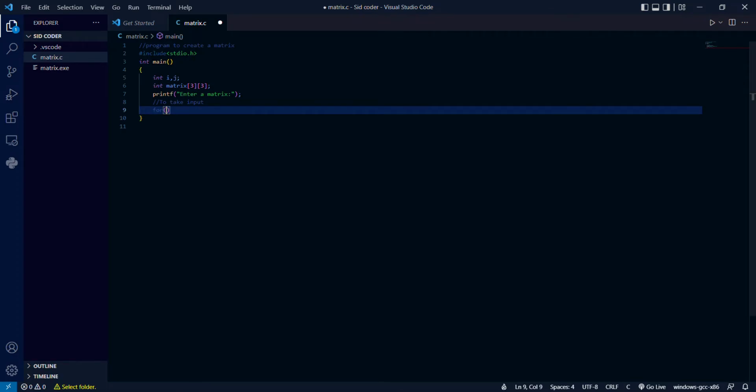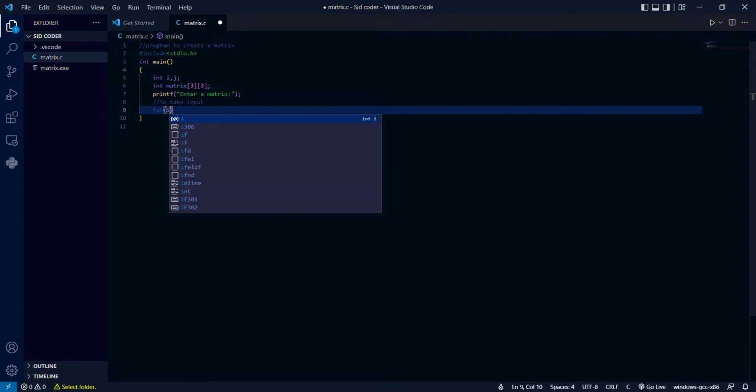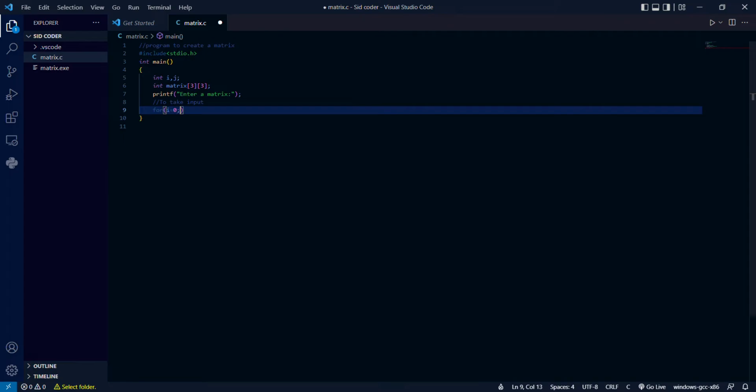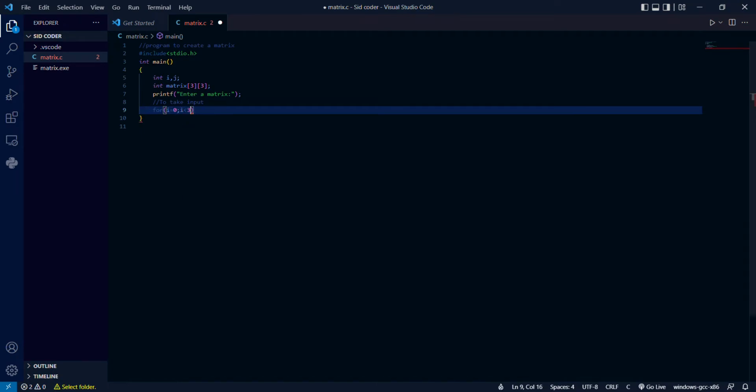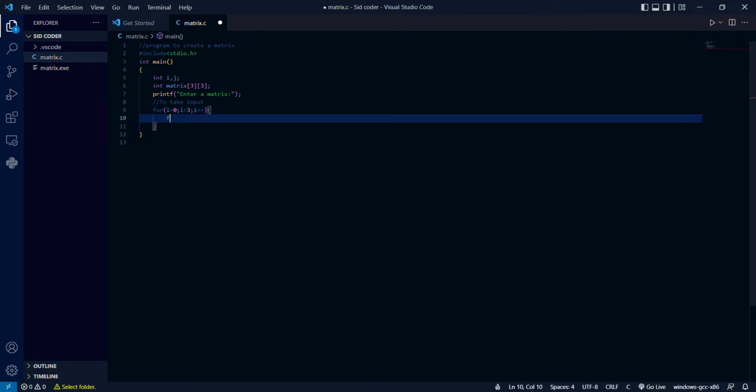for i equal 0. Here i is for the number of rows and our number of rows है यहाँ पे 3, तो i is less than 3 and i plus plus. Here फ्रेंड्स हम यहाँ पे नेस्टेड लूप का यूज करेंगे। हमारा i स्टैंड करता था फॉर नंबर ऑफ रोज एंड हमारा j स्टैंड करेगा फॉर नंबर ऑफ कॉलम्स।